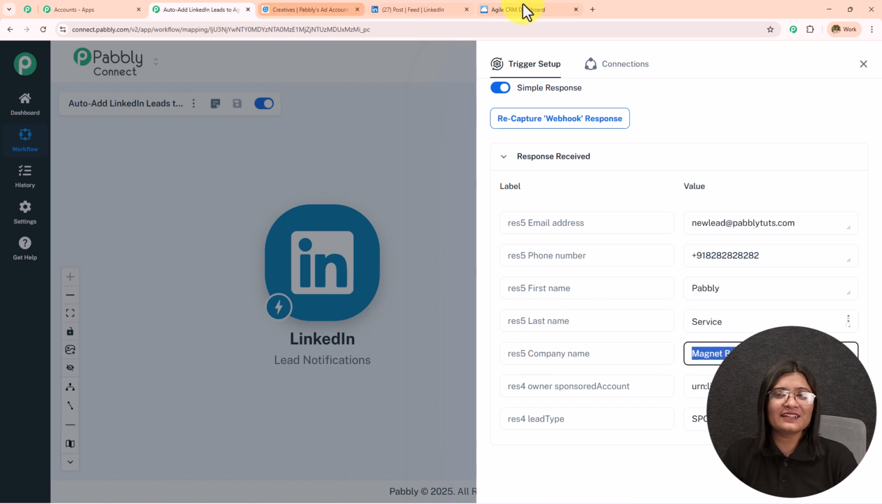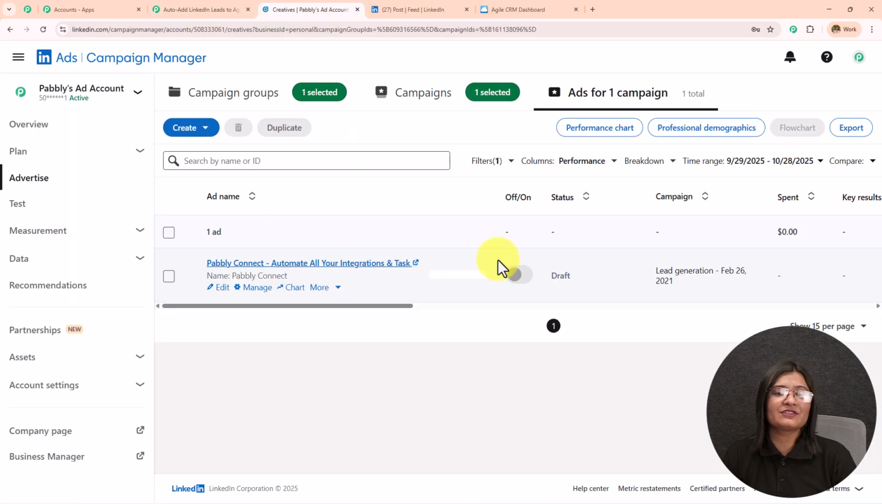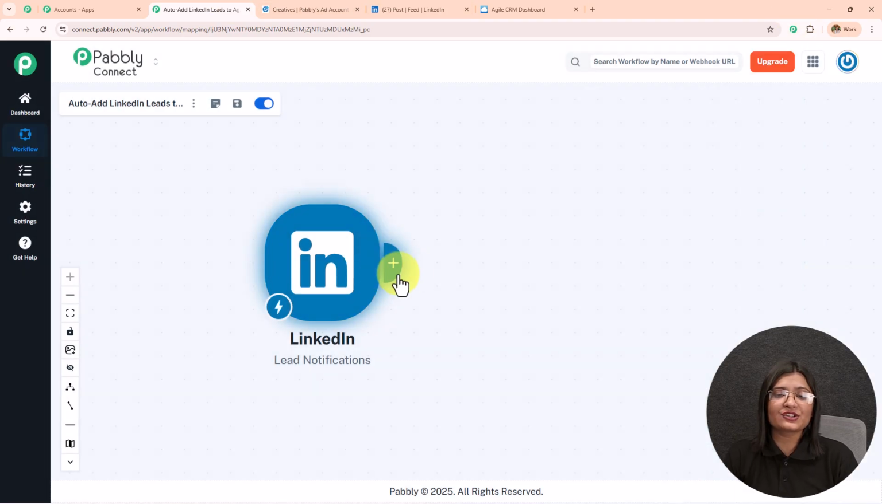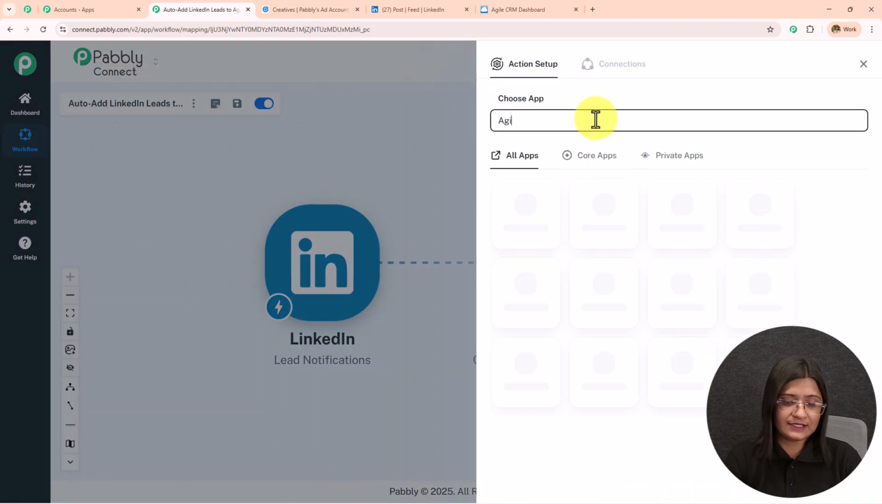So as soon as I've done this form submission, I have received that response in this workflow, and this shows that the connection setup which we have created between LinkedIn Lead Ads and Pabbly Connect is successful. Now whenever I receive a new lead, I will start capturing that response here in this workflow. Moving on to the next step, whenever I receive a new lead, I want to add that to my Agile CRM. So I'm going to click on Add New Action Step, and in my action application, I'll search for